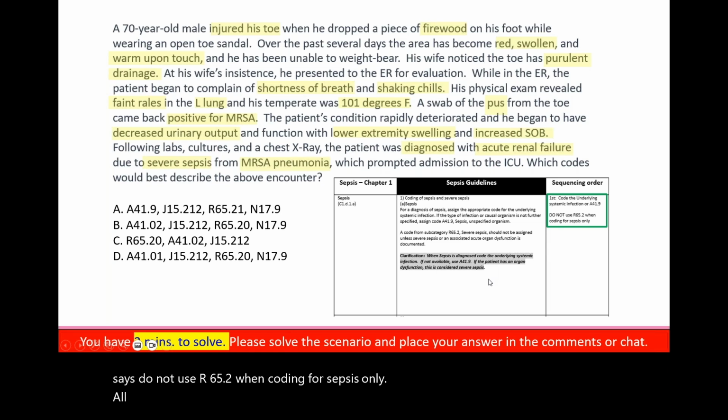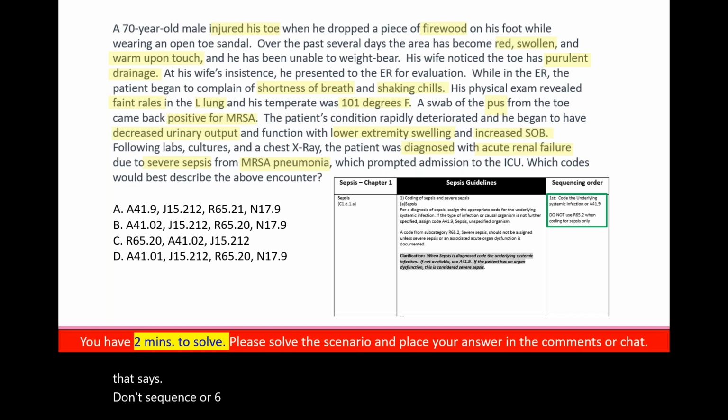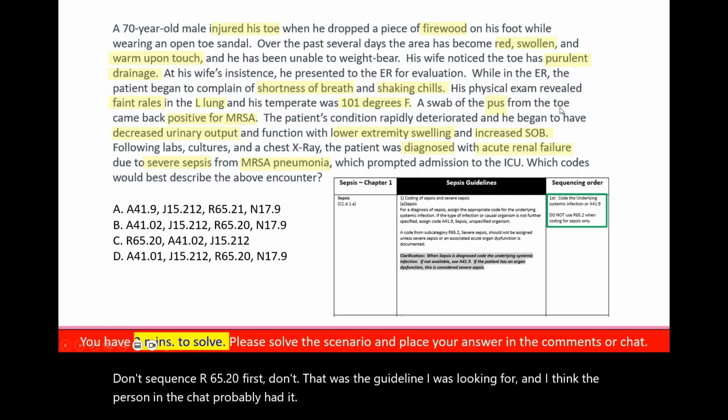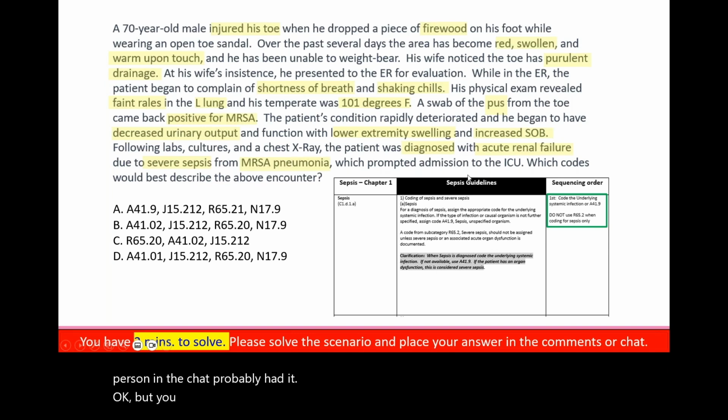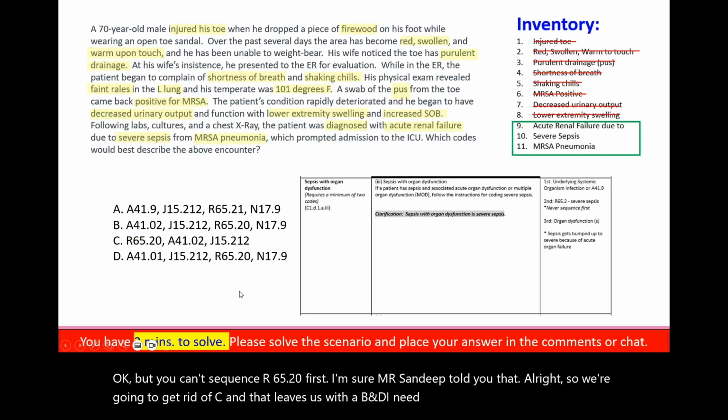All right. I may have pulled the wrong guideline because I was trying to find that guideline that says don't sequence R65.20 first. That was the guideline I was looking for, and I think the person in the chat probably had it. Okay, but you can't sequence R65.20 first. I'm sure Mr. Sandeep told you that. All right, so we're going to get rid of C, and that leaves us with A, B, and D. I need some more guidance. All right, so I'm going to go with